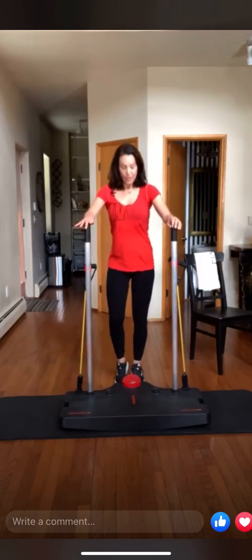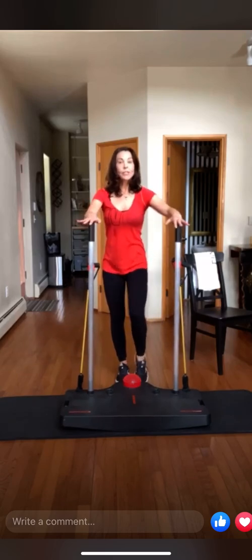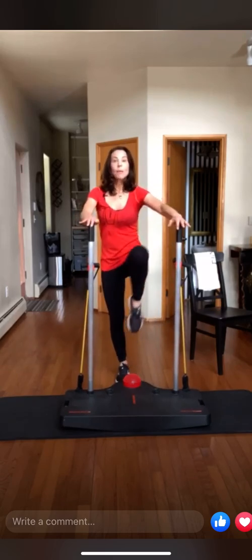And then step down, and then step it out. Now we're going into those hip circles, so we're just gonna rotate it out. Again, you're coming up on the ball of the foot, circling that hip back, and then if you would like to, you don't have to, pick up the leg